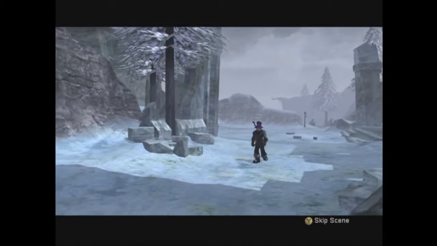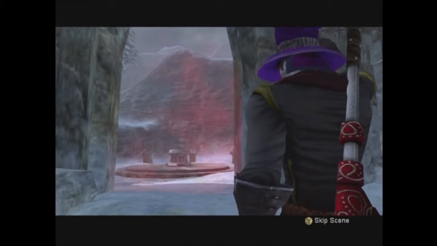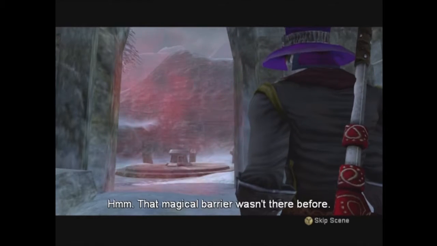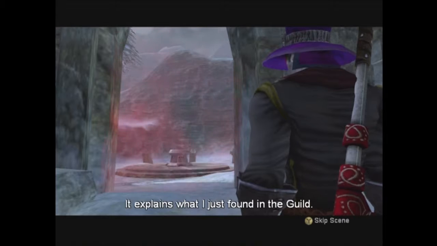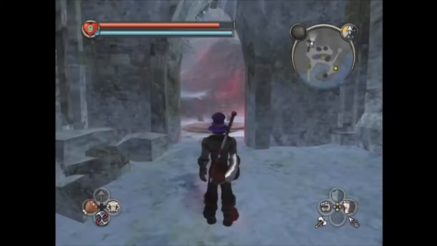So, where is our dear sister Teresa? Hopefully, we don't run into Jack. Yeah, we can handle it either way. That magical barrier wasn't there before. It explains so much. Mom says: I found a book in the guild that may help. Meet me in Maze's quarters. Maze's quarters? Why would you want to...